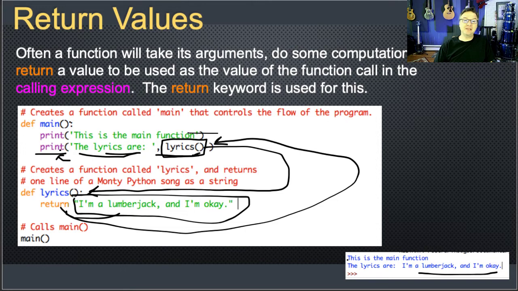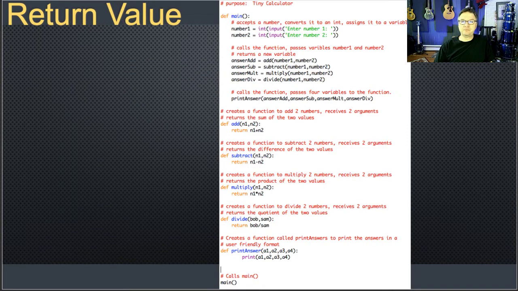So with that said, let me give you a big example. This big example is my tiny calculator. And hopefully you can read it. If not, I'll post this code out on Canvas so you can look it over. You're actually going to write some of this yourself anyway. So you can see that there's a whole bunch of things happening here. Well, in a nutshell, there's not really a lot going on. Remember, all of this gets ignored